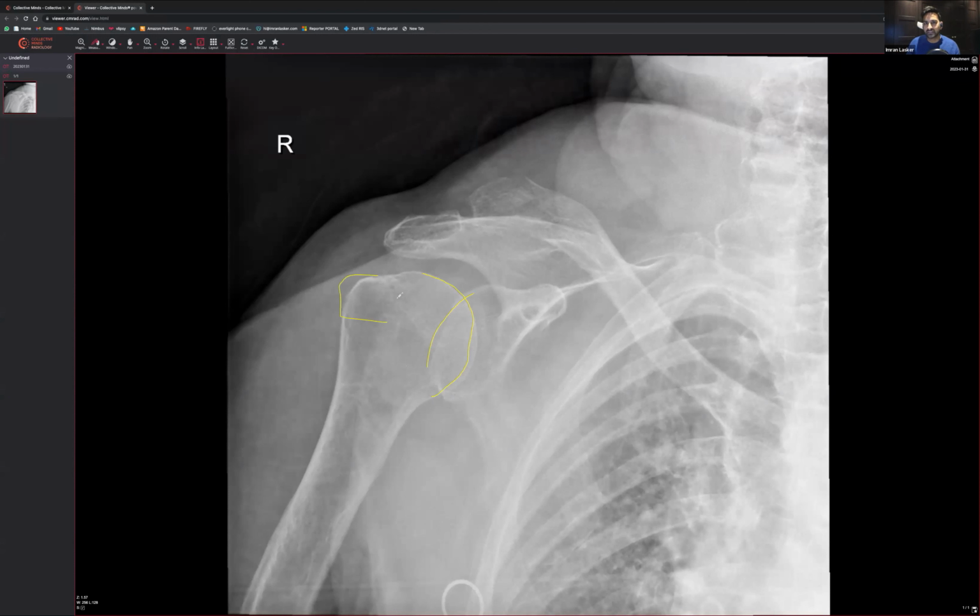Then greater tuberosity is a very, very common place to get fractures. Seen that happen quite a lot, because I assume what's happening is when someone has a significant impact, there's an impaction between here and the lateral acromion, and you get a bit of a greater tuberosity fracture. Or maybe it's just because if someone does get directly hit, it's usually going to be in that particular area over there. So that all looks okay, and the shaft looks okay.